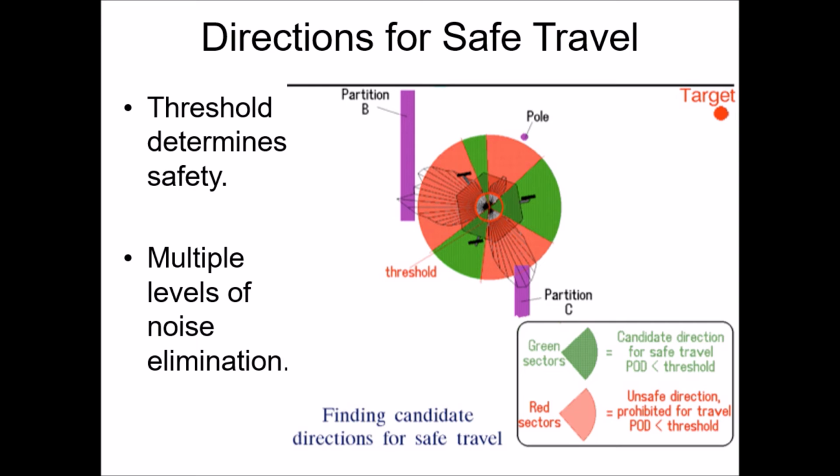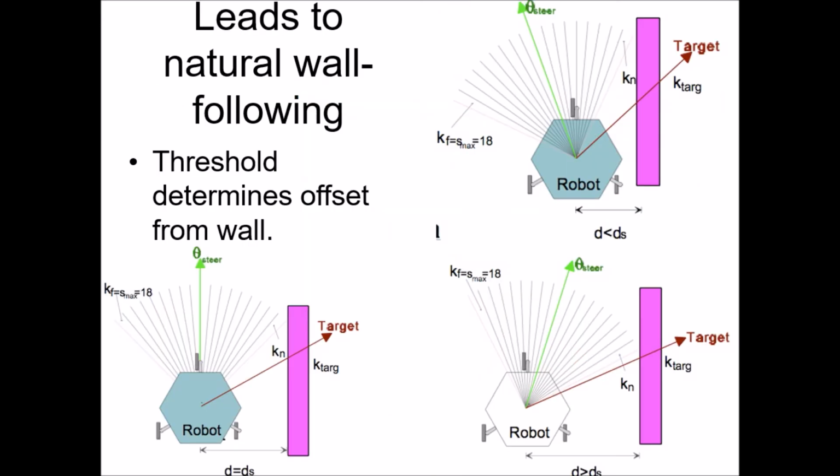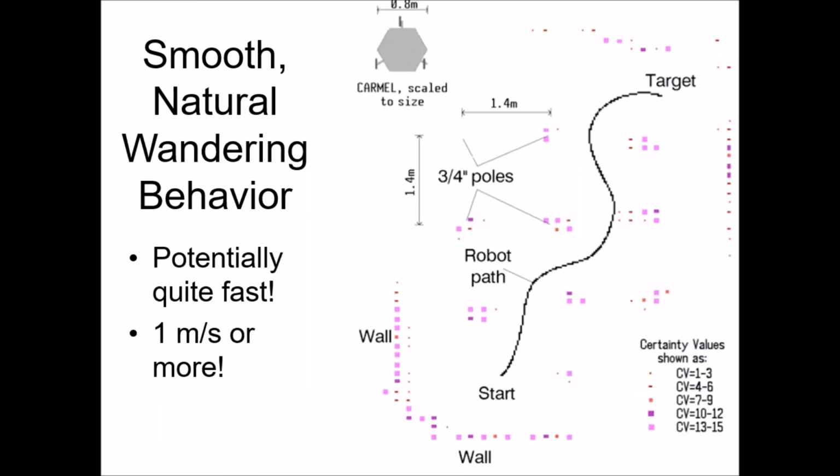So once we have the polar obstacle density, the robot will select any location that is safe. For this particular case, the green area is the safe area, while the red sector is the unsafe area. I will make things clear for you in the next slide. Okay,